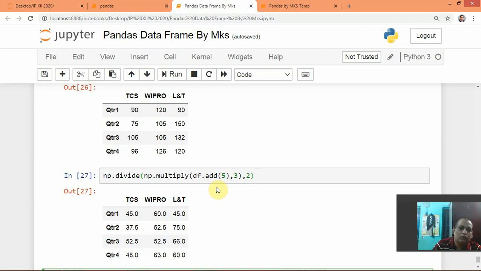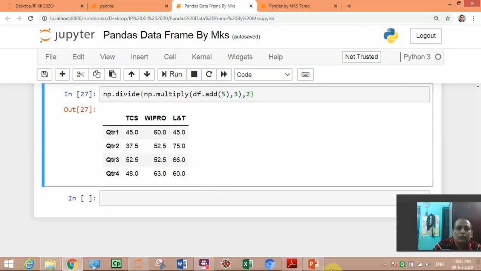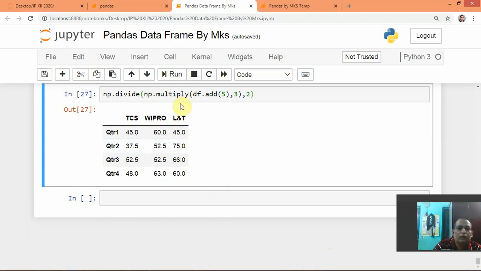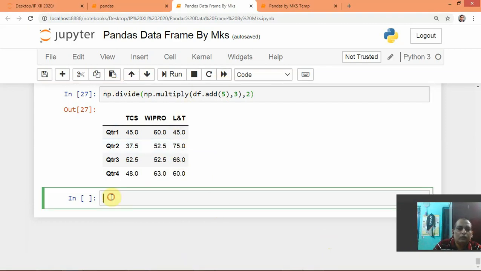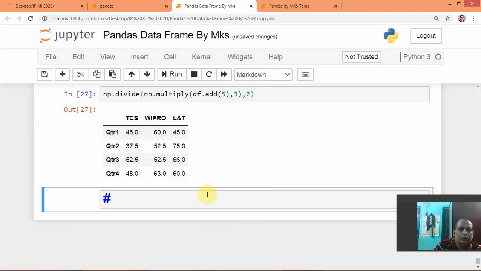So now we will see a function that is called pipe.